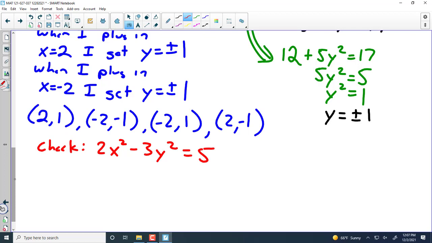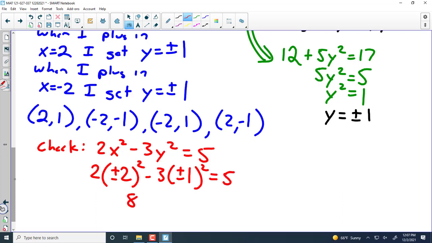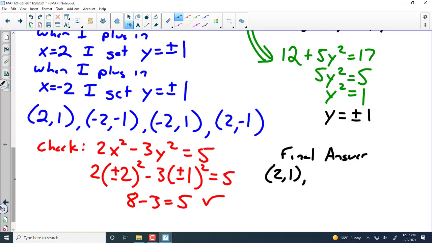And don't worry, you don't have to check four pairs, because whether or not you plug in a plus or minus 2, or you plug in a plus or minus 1, you're going to get 8 minus 3 equals 5. This thing had 4 answers. Has 4 answers. Our final answer to this problem is, in any order,